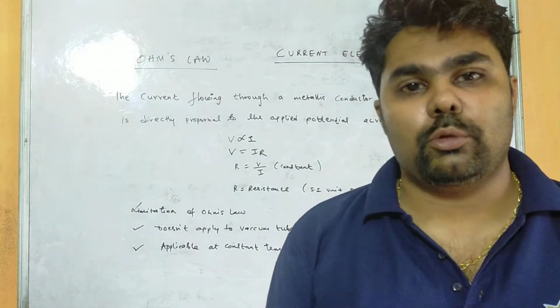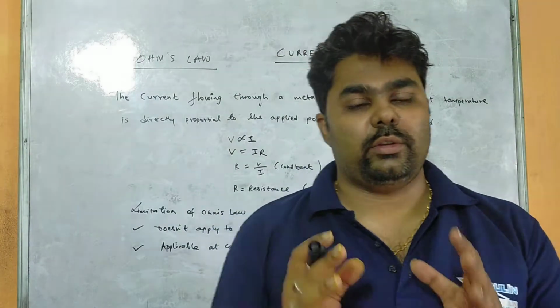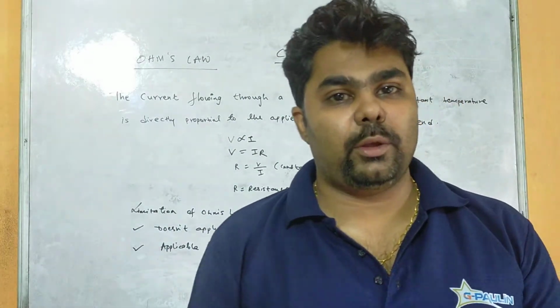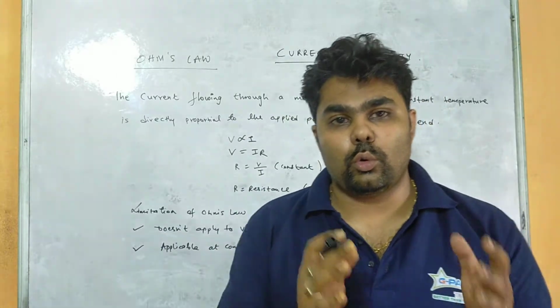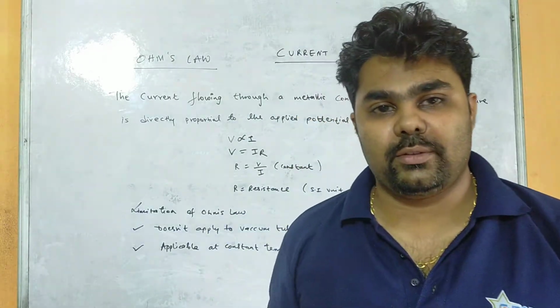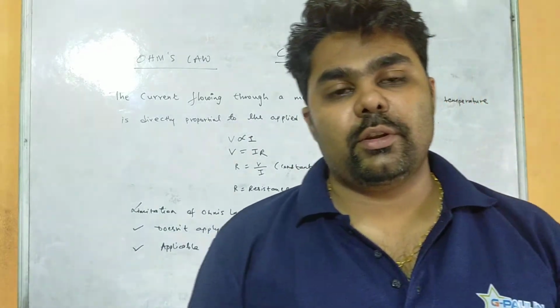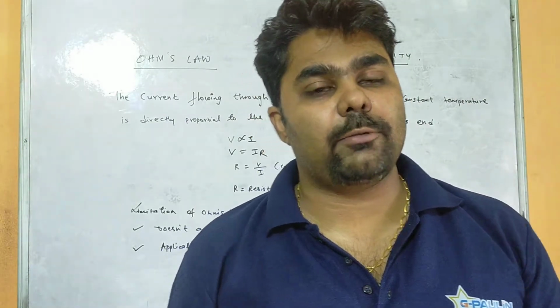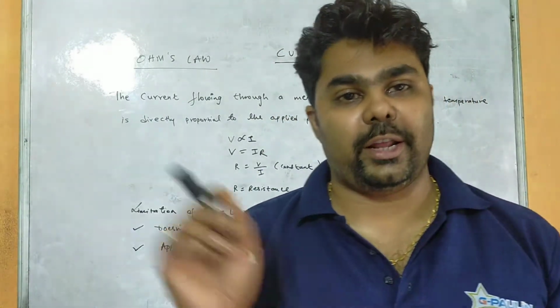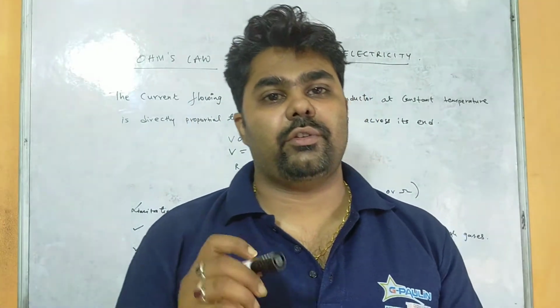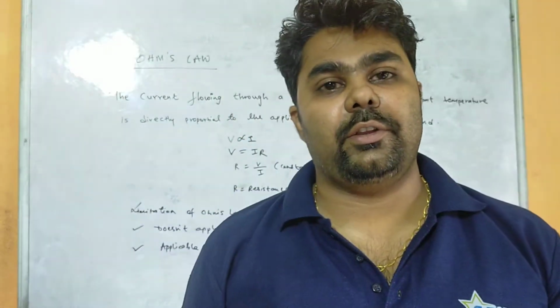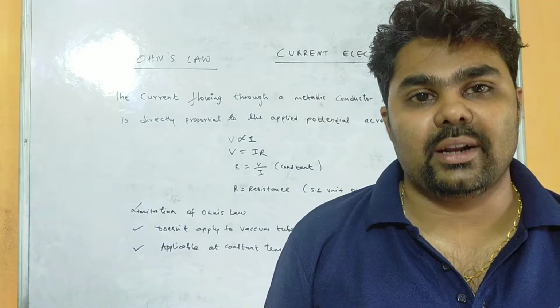Now there are certain limitations. So everywhere Ohm's law cannot be applied. The substances where we can apply Ohm's law are called ohmic substances, and the substances which do not obey Ohm's law are called non-ohmic substances. In ohmic substances we will find that the graph between V and I is a straight line. So when we find the line is straight and it is starting from the origin, we say that it is an ohmic substance or ohmic graph.